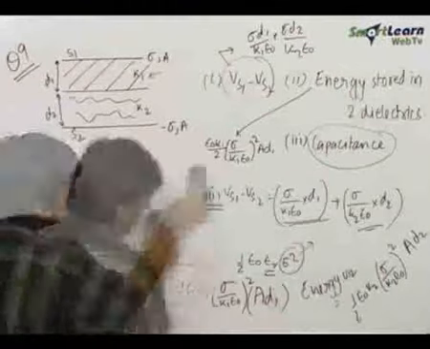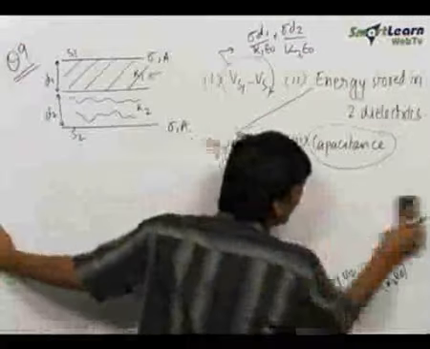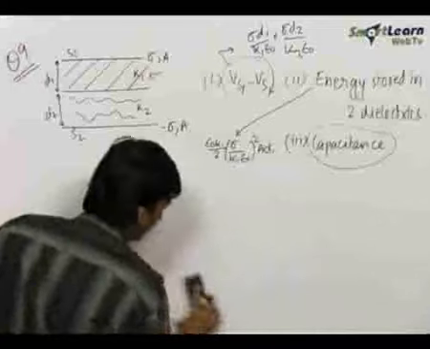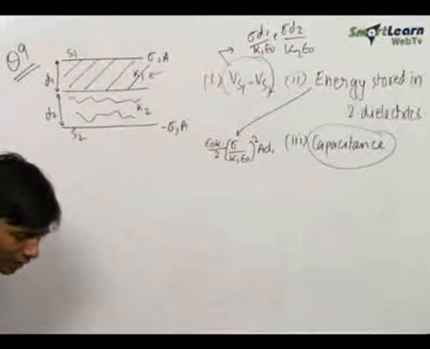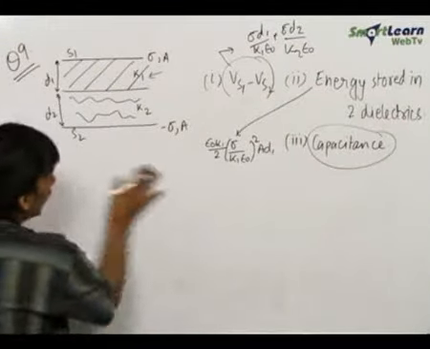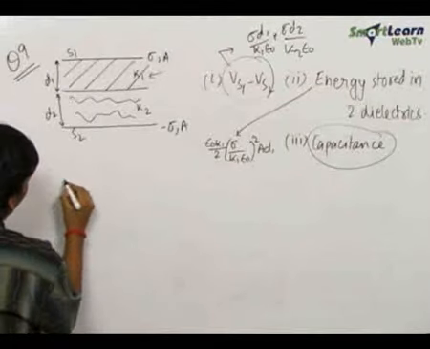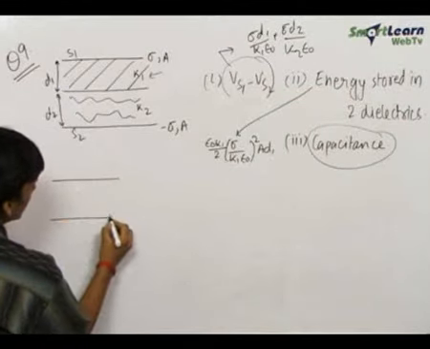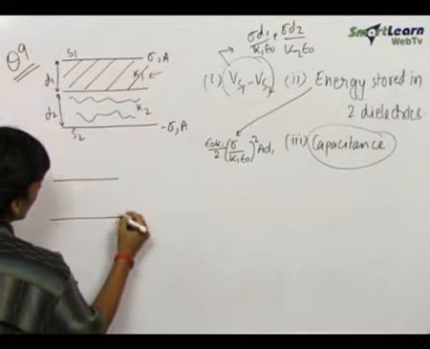So now we need to find out the third part, that is the capacitance of this system. Now we always remember just one formula for the capacitance. So the only formula you should always use is the total capacitance of a system is equal to the total charge on the two plates.